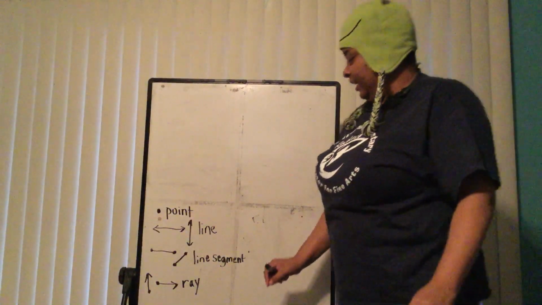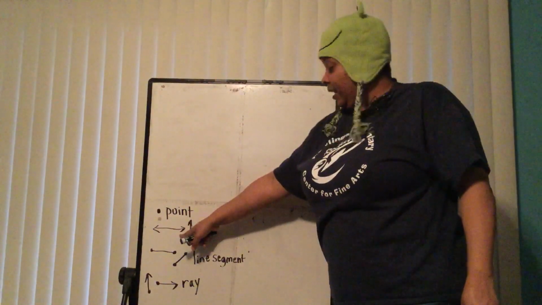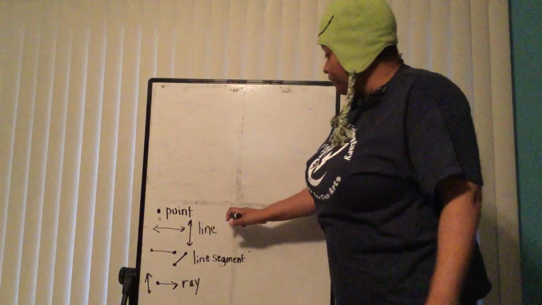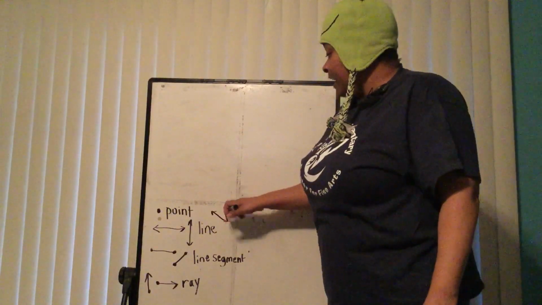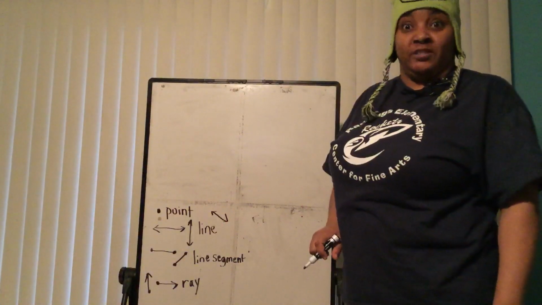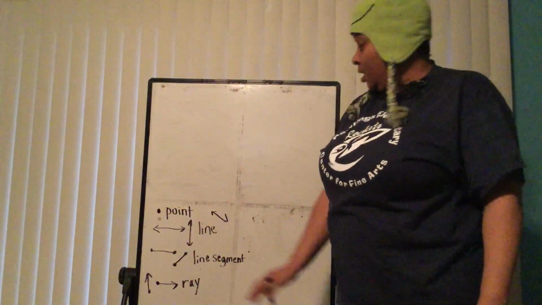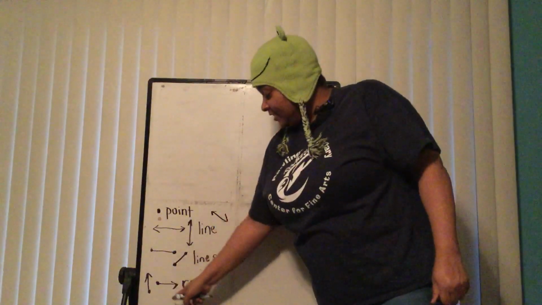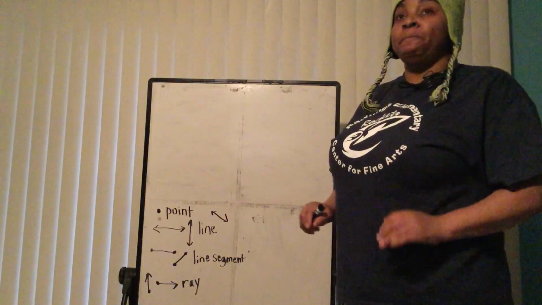Notice what I've done here. Look at this line. I've drawn it horizontally and I've drawn it vertically. It's still a line. It's going in both directions. I can even draw it off at an angle. It's still a line. Notice that I've done the same thing with my line segments: horizontal, off at an angle. And I've done the same things with my rays. They are still those same things.